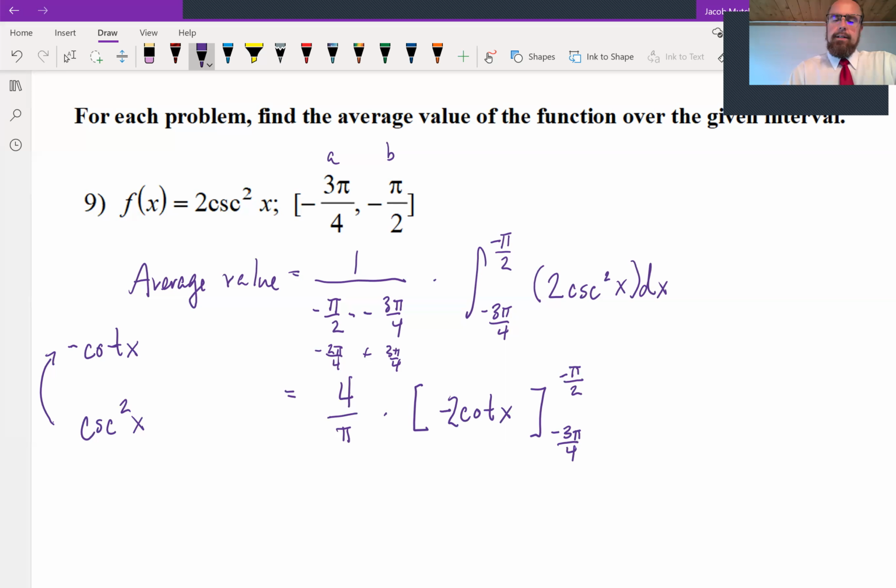So we've integrated. Now we're ready to plug in my limits of integration. So now what we've got is 4 over pi times negative 2 times cotangent of negative pi over 2, minus negative 2 times cotangent of negative 3 pi over 4. So we do want to evaluate those two